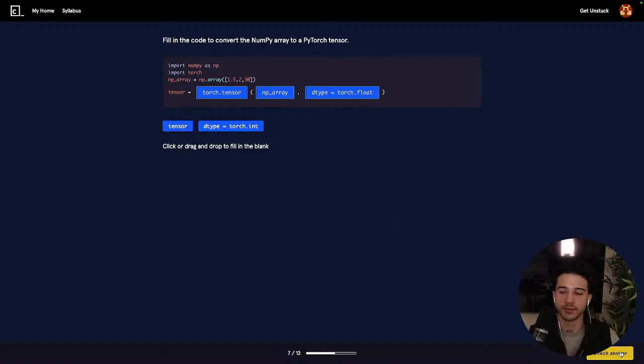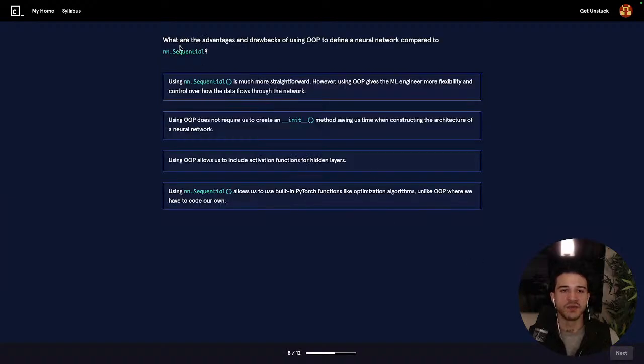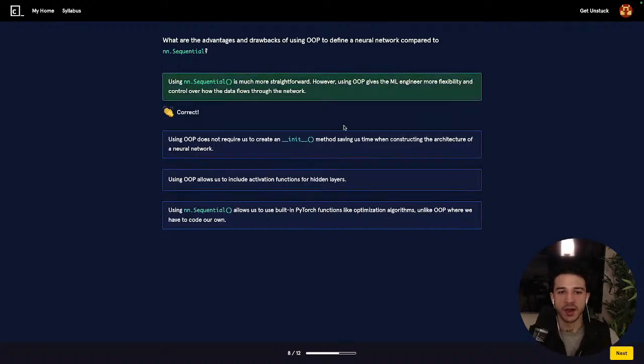Looks right to me. What are the advantages and drawbacks of using object-oriented programming to define a neural network compared to nn.Sequential? Using nn.Sequential is much more straightforward. However, using object-oriented programming gives the machine learning engineer more flexibility and control over how the data flows through the